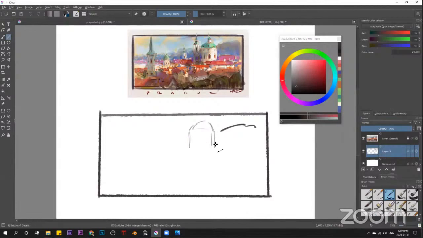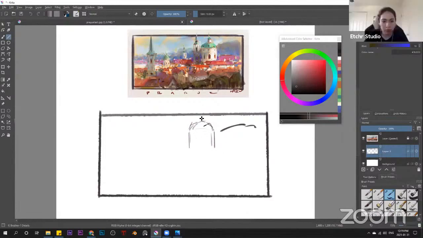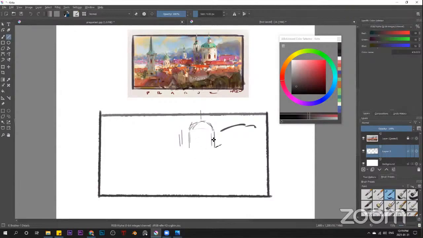I'm going to use the line tool because a lot of these lines have to be straight, and in Krita, the line tool is the best way to do that. So I'm just going to start to rough in a composition. I'm not thinking about how to draw buildings or how to draw landscapes, really. I'm just thinking about shapes. If you look at my original,